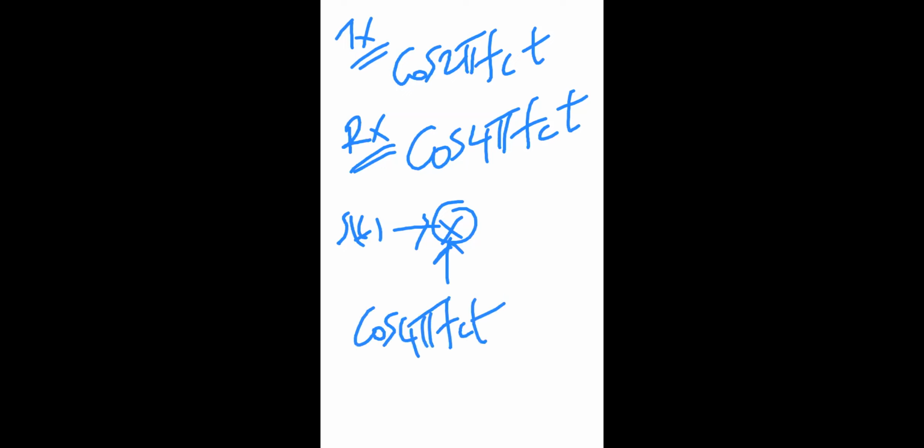Then find out whether you are able to recover your original message signal or not. Is there any distortion, or does completely 0 come, or are you able to recover your original message signal m of t? There are 3 possibilities only: you recover the original m of t, you recover it with distortion, or you cannot recover anything and just 0 comes. So find out the answer for this problem. Next, I will go to the document.